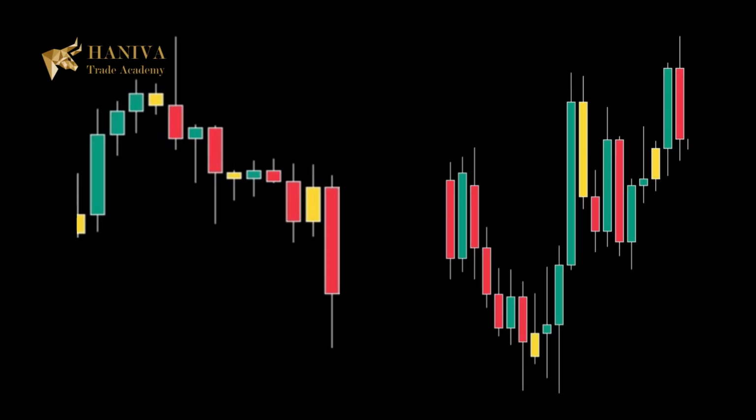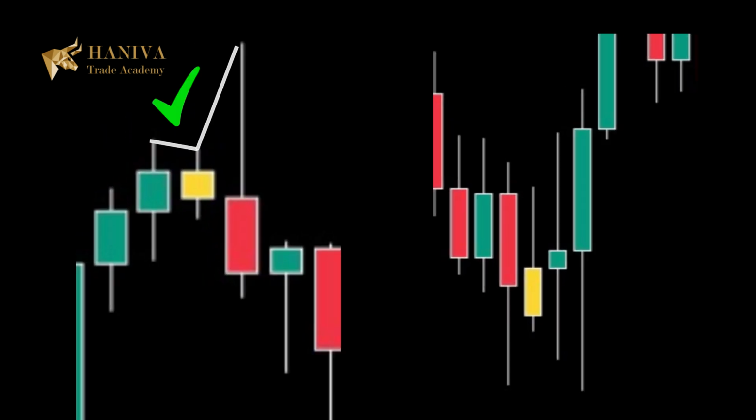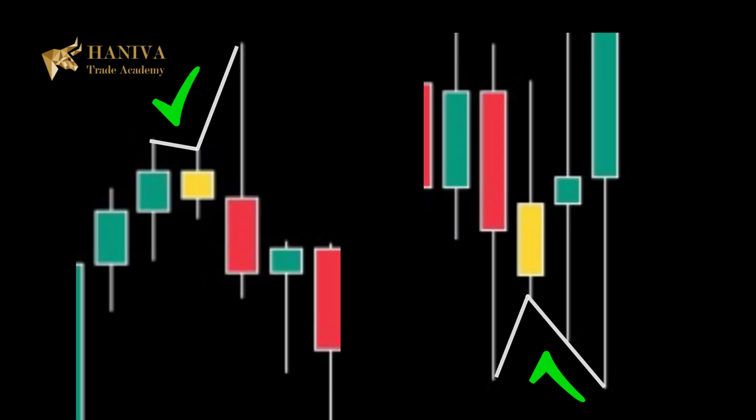What is a tick fractal? Look at these images. At the peak, there seems to be a tick, and at the trough, there is an opposite tick. With these ticks, we can easily trade. This trading pattern is the tick fractal. Whenever there is a tick at the peak or an opposite tick at the trough, we can enter a trade